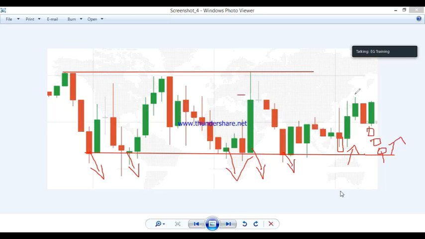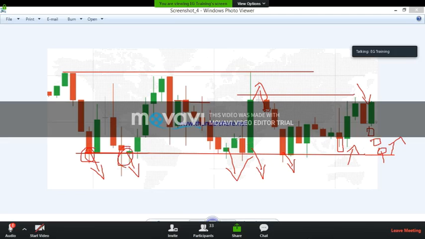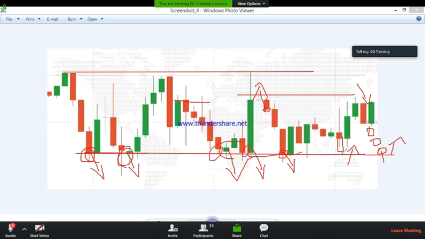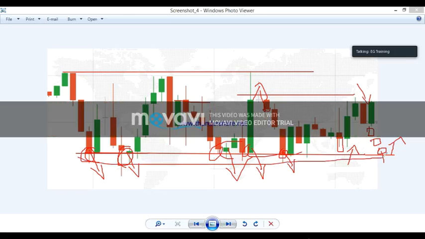This is also a level, but we don't know if the market will reverse or not. Sometimes it will go up, sometimes it will go down. But here it will definitely respect this level, because we are seeing the market is respecting this level. If the candle closes here, or if the candle closes here, then we can place our trade confidently, because we know this is a strong level. The market is respecting this level.